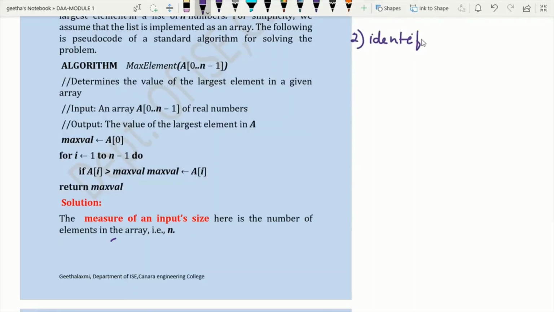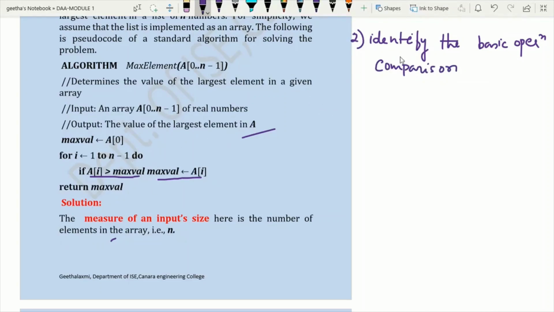Next, the second step is to identify the basic operation. How do you identify the basic operation? It normally lies in the innermost loop. So the loop here is the for statement. There are 2 operations inside the for loop. One is A of i greater than max value. Another is max value is assigned with A of i value. Which is executed the most number of times? That is A of i greater than max value. That is executed most. So we can say that comparison is the basic operation, because it is executed more